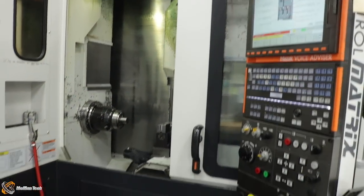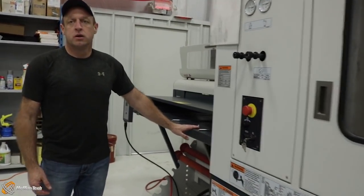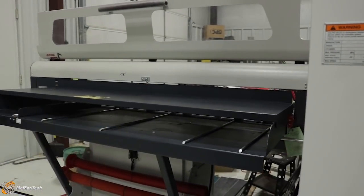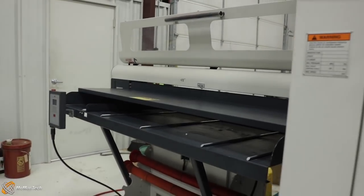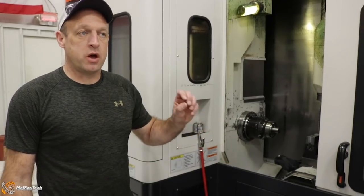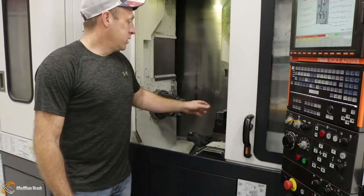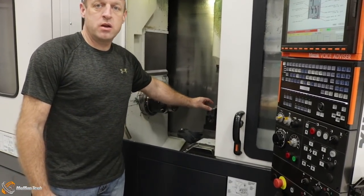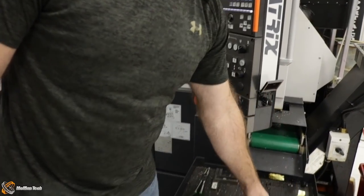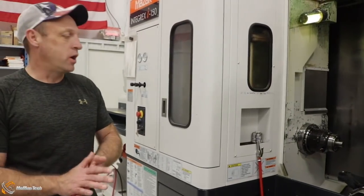This machine's also equipped with a 4-foot automatic bar loader in the back of the machine here, which allows us to run some of our higher volume production jobs, again, unmanned, lights out. This machine's also equipped with automatic parts unloading. It has a pneumatic robotic arm that can unload parts from the secondary work hand, pull the parts into the cabinet, drop them onto the belt, and parts are conveyed out onto the table. So it offers us a lights out option to run higher volume